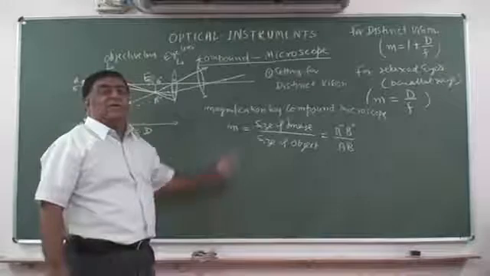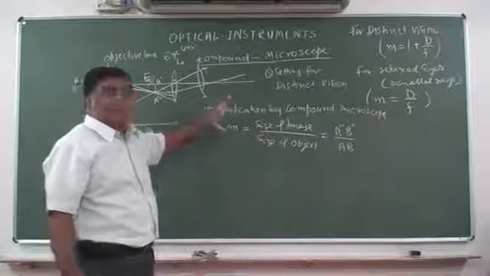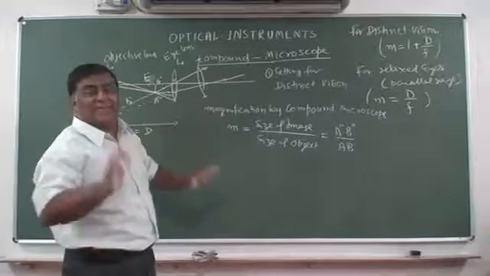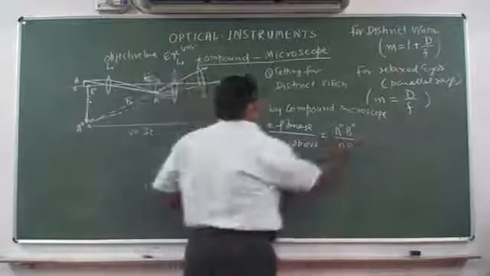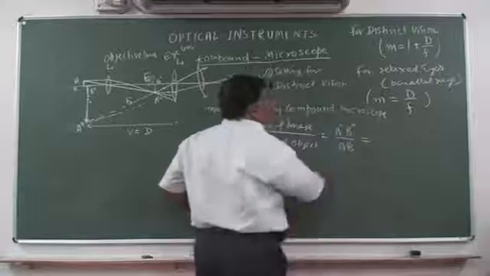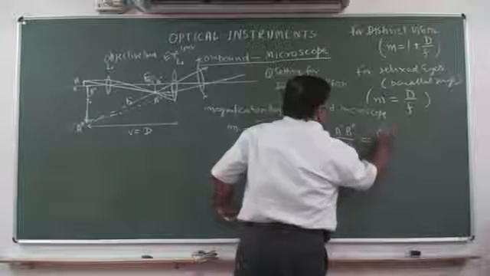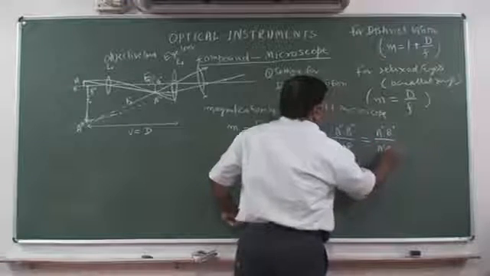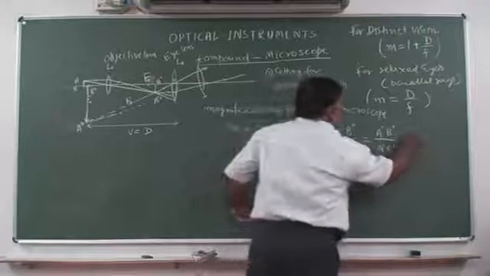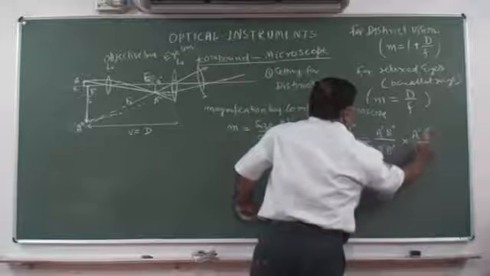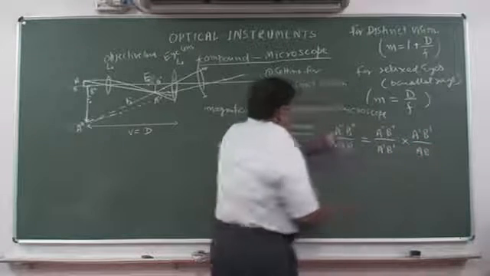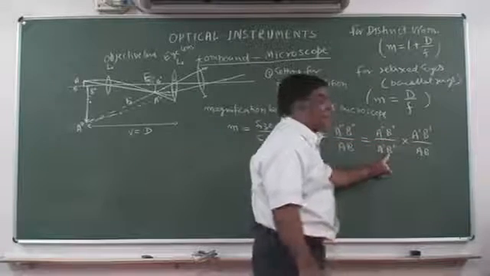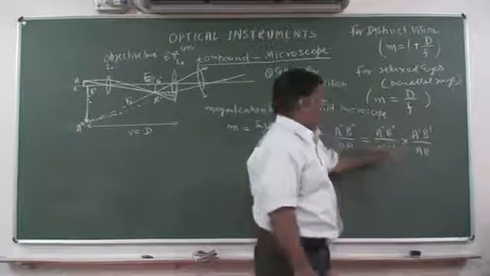Now this magnification we do some derivation so that it comes in the terms of U, V, F, etc. Okay. So this is equal to A double dash B double dash divided by A dash B dash. We introduce it, multiplied by A dash B dash divided by AB. A double dash B double dash and AB are in their place. We put one term on the denominator, and one on the numerator.